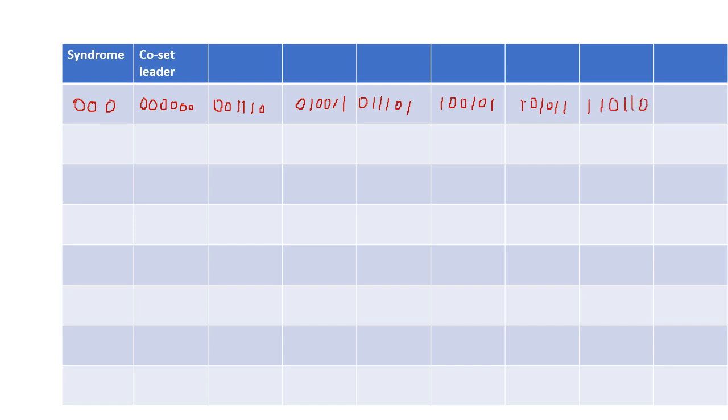The next one is 1 1 1 0 0 0. Next we are going to write the next error, as we'll assume that there is an error in the first bit. So 1 0 0 0 0 0. So this is nothing but your error E2. So now what we are supposed to do is, this will be your C2 vector.